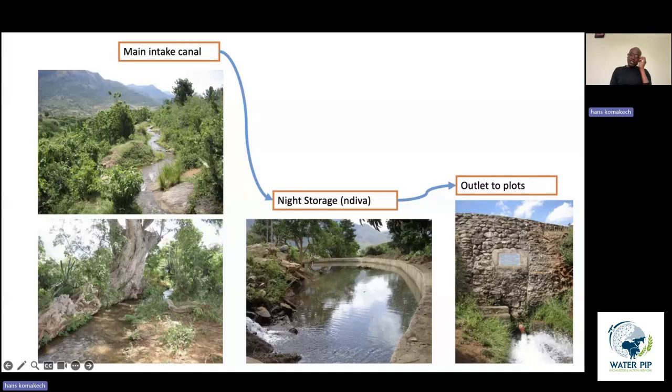I know the earlier introduction to this webinar talked about modernizations and different ways of seeing things or of looking at farmers. But in this case, you see that it embeds both aspects that people often consider modern. So there is nothing to say that what farmers are doing is not modern, because they embed all elements that are considered in modern terms. So here you see the intakes and the outlet where the water is used for distribution to the plots.